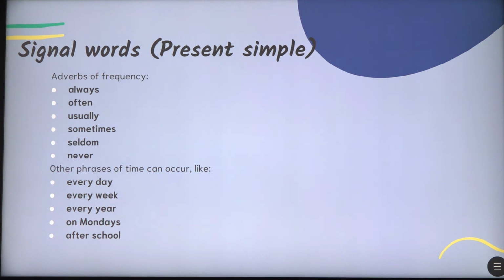As for the signal words, with which we are going to notice that the present simple is used, we've got adverbs of frequency: always, often, usually, sometimes, seldom, and never. Then we've got other phrases of time that can occur, like every day, every week, every year, on Mondays, after school, and so on. So, these are some of the details which you should know about present simple, as we are going to compare